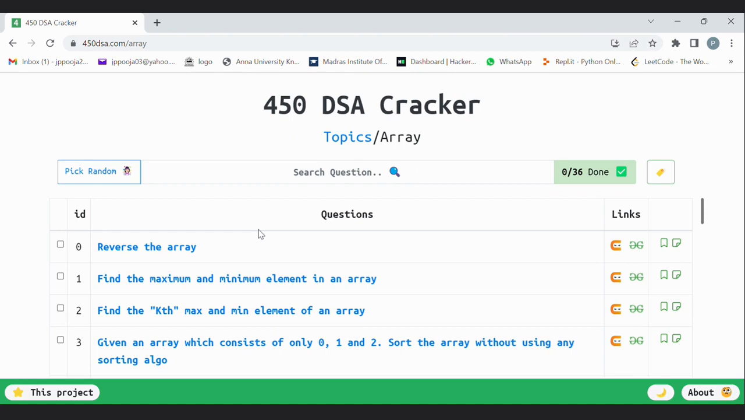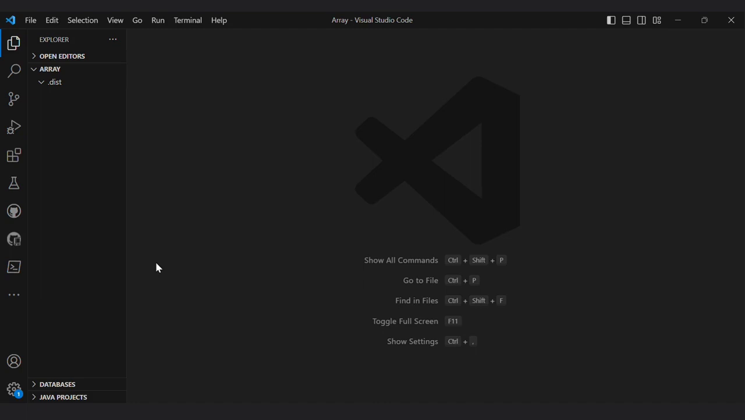The array can be static or dynamic, which I will be solving in two separate videos. First of all, we'll move on with the static array. In static arrays, reversal can be done in many ways. I will provide you with two simple ways for reversing an array, for which we will create a file